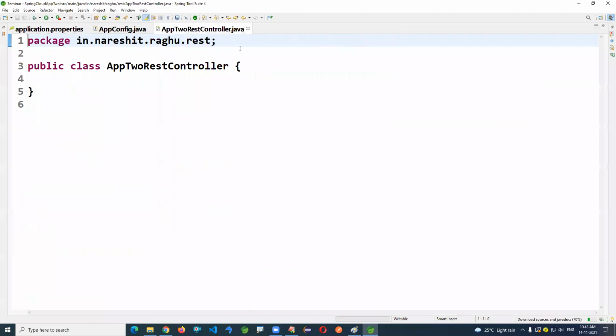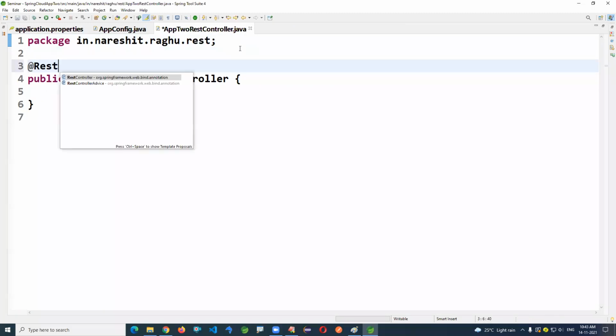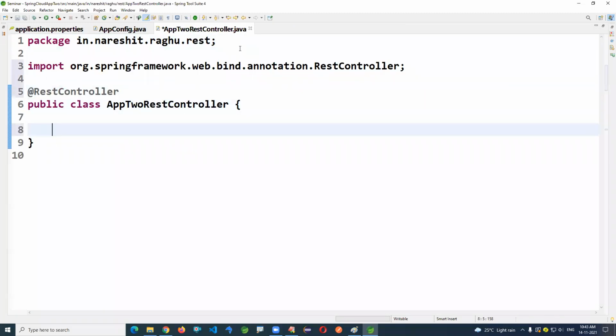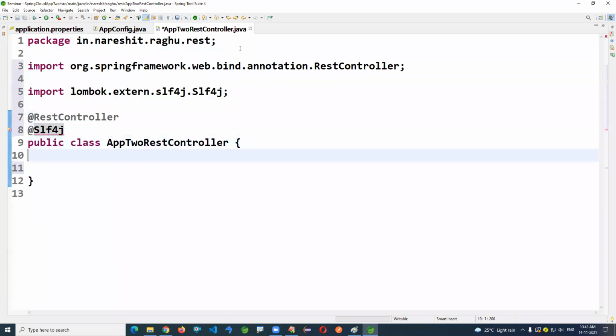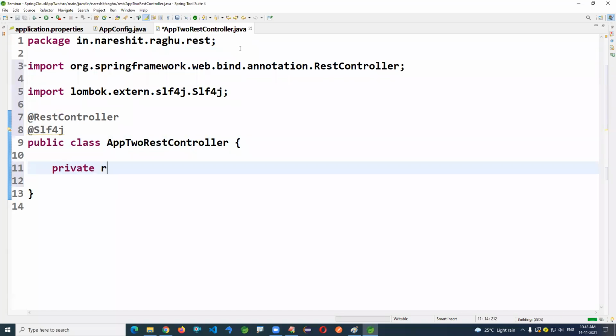Okay, this REST controller. Again, I'm just creating the logger object here. Use REST template.